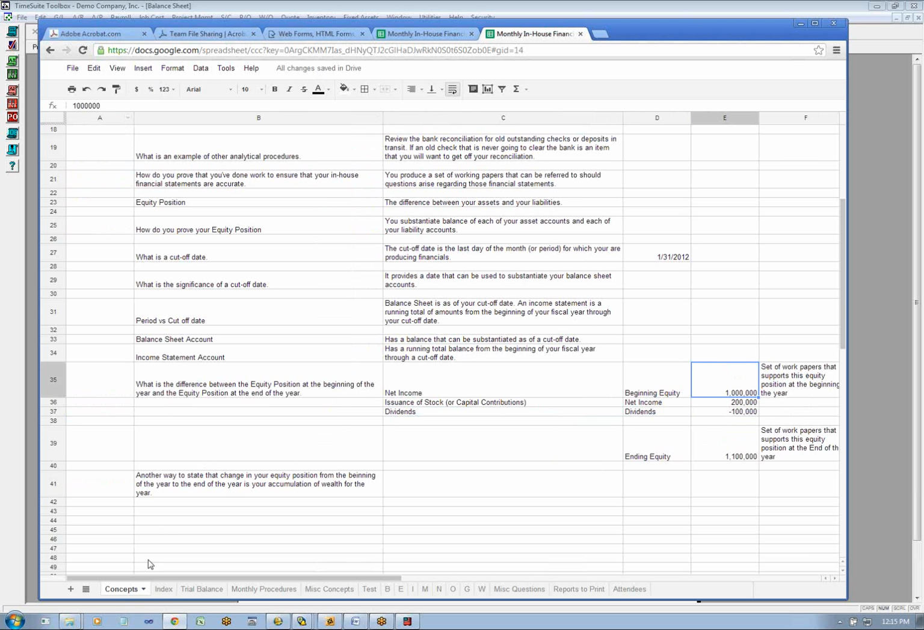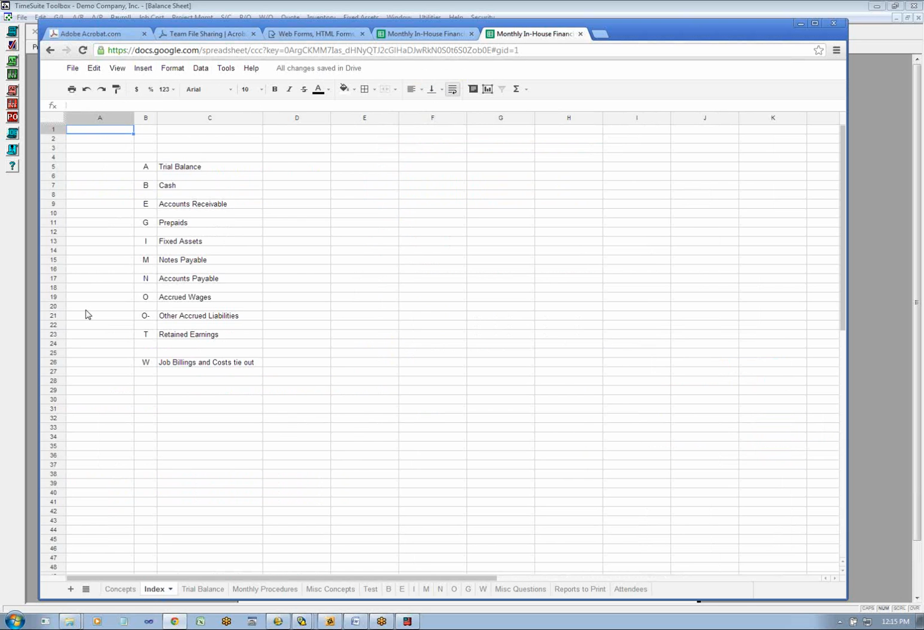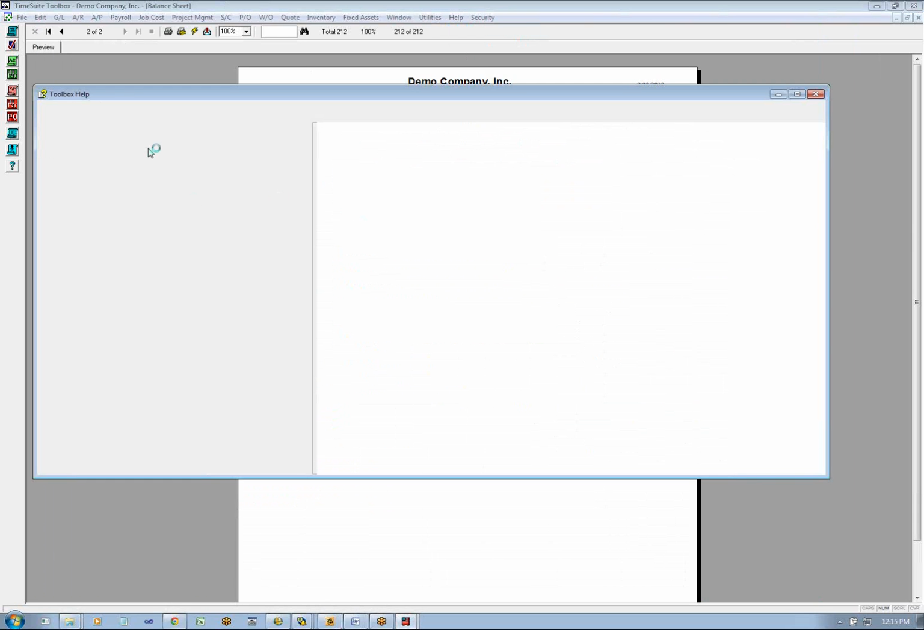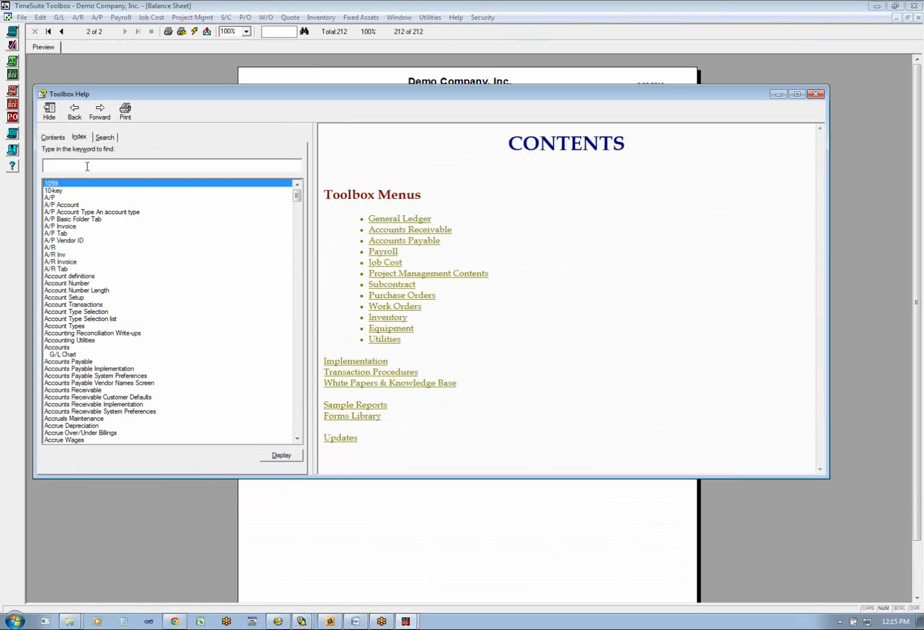let's go through a couple more concepts. Okay, so an index. On your monthly financial statements, you'll want to have an index. In your help screens, we produce sample indexes, and you can go to the help screens and you can go to contents, and you can say like